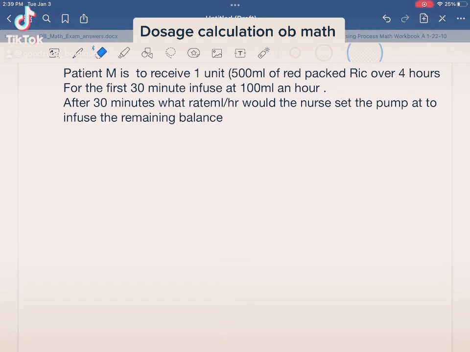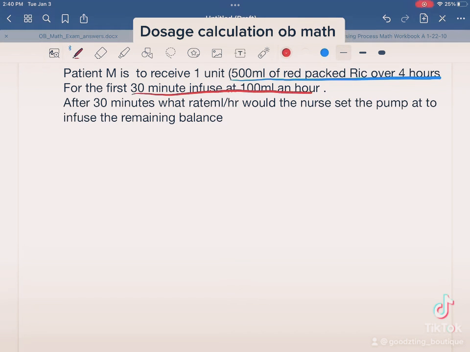So here is the hardest OB math I've ever come across. So here it goes. It says patient M is to receive 1 unit of 500 milliliter of red blood cell over 4 hours. For the first 30 minutes, you should infuse at 100 milliliter an hour. After 30 minutes, what rate in milliliter per hour would the nurse set the pump at to infuse the remaining